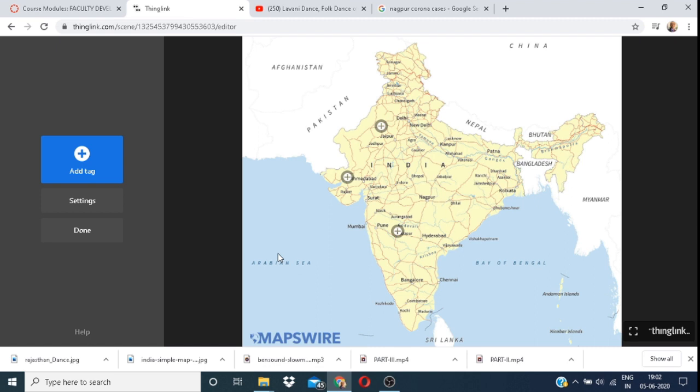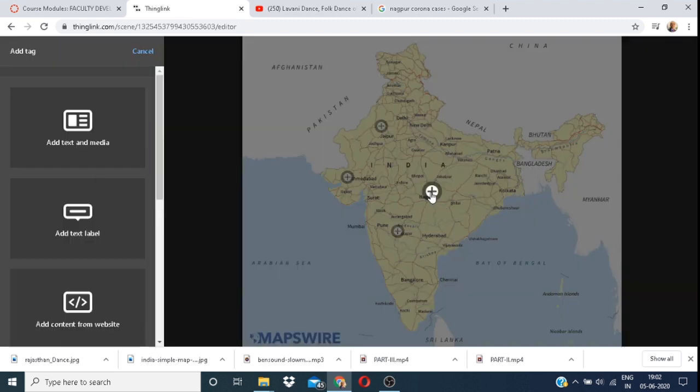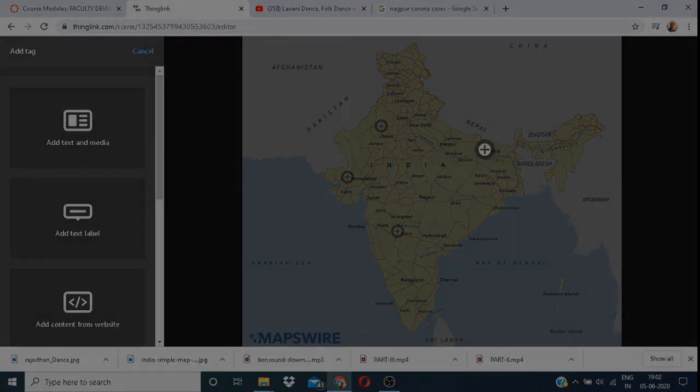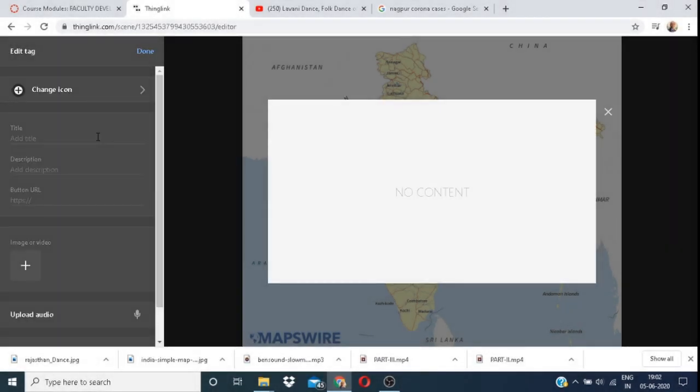Now we take another tag on Patna, and add some text. I give the title Patna, information about Patna.